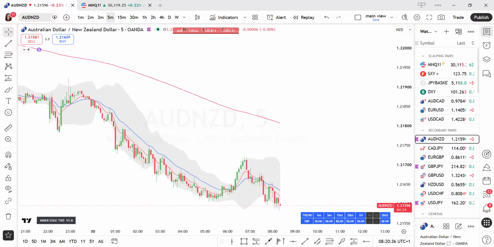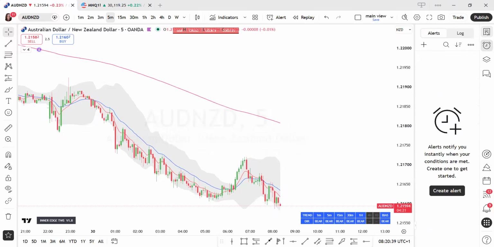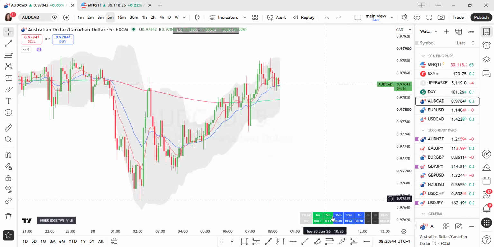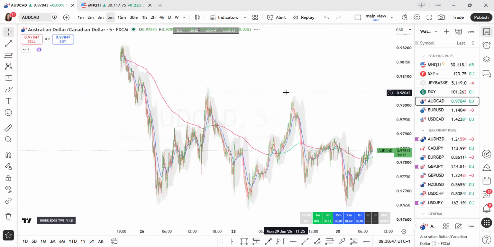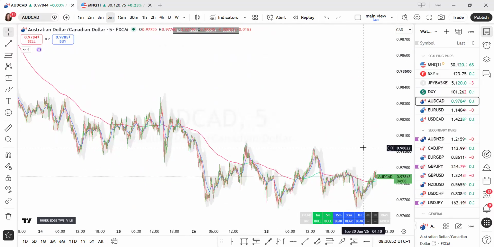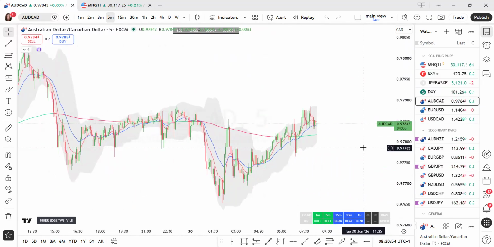There we go. Right. So this morning's shenanigans. First of all, clear all alarms. No alarms set. Lovely. Let's go and have a look. Odd CAD is our first. Everything out of alignment. So you're just waiting for that to come back in. This one's been going pretty sideways for a while. It's not really decided what directional bias it's going to take, so I'm not going to set an alarm on